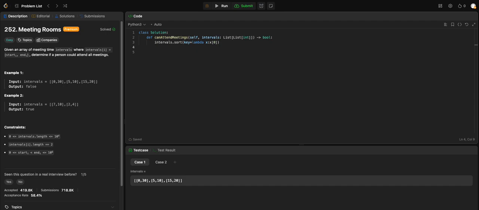And then let me set up rest first so that I can put stuff in there. And then for interval in intervals,